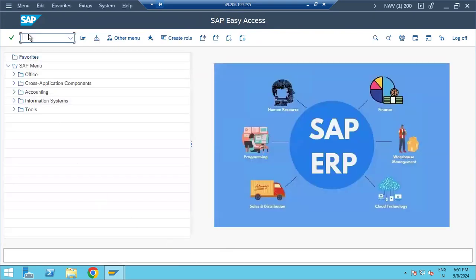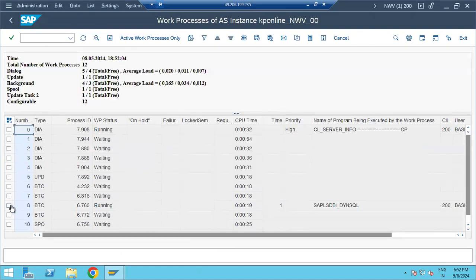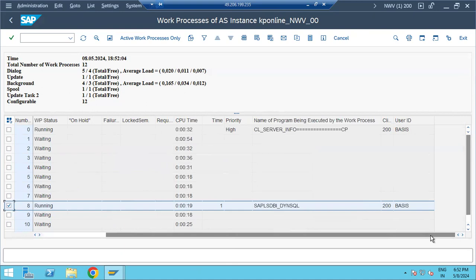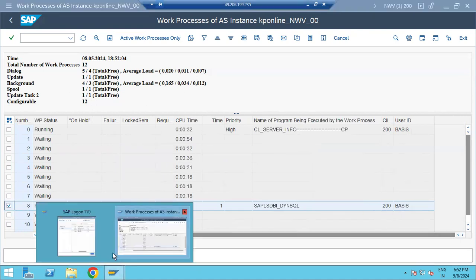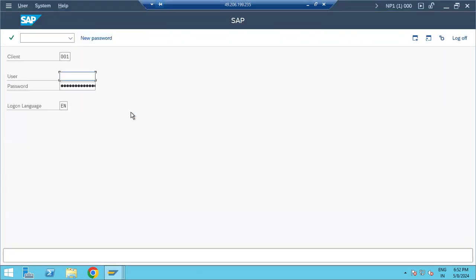So in this case, what will happen? Now via this RFC destination here, there is one job scheduled, right? The background job is scheduled. So using the 200 and basis user, it is pulling the data from the NP1 system. If you log into the NP1 system here,